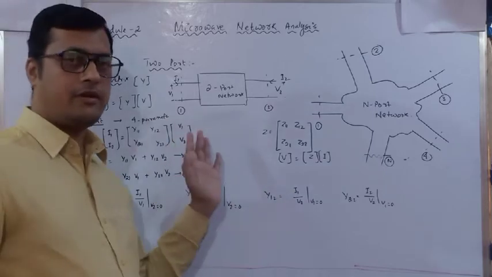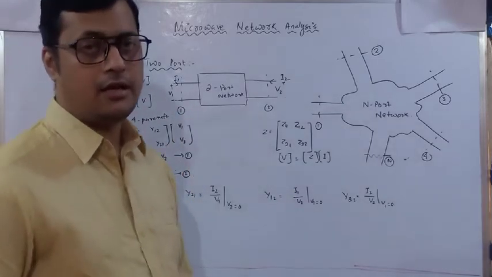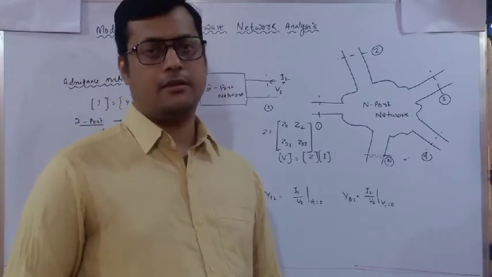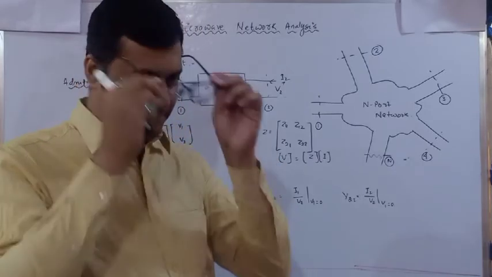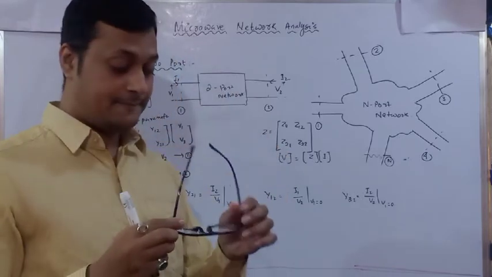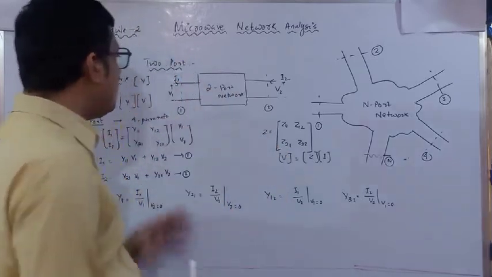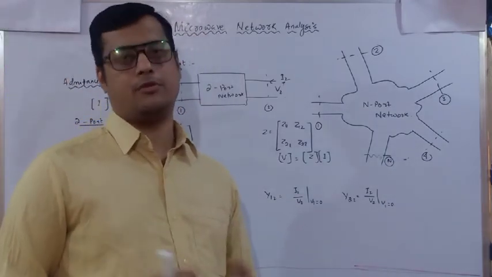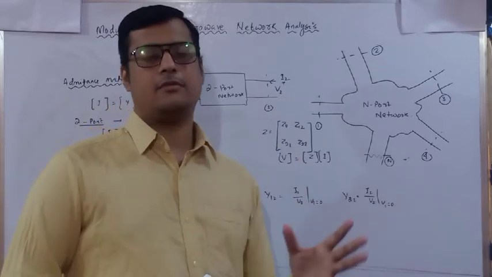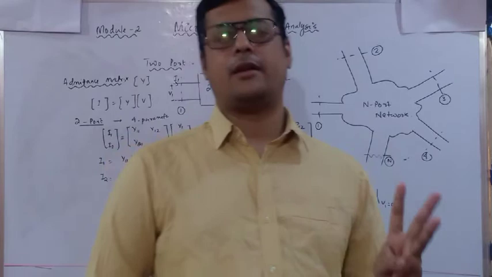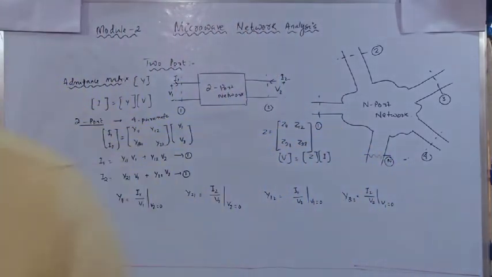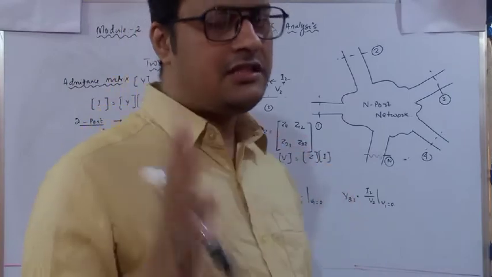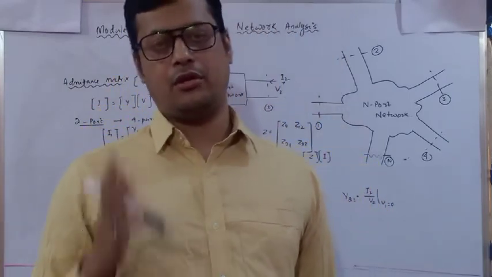and which particular port we are going to open, to identify the impedance value as well as our admittance value. Okay, impedance and admittance. So this is for a 2 port network I have discussed. You can discuss for 3 port also as well as 4 port. But if we are discussing 3 port, remember that we are discussing 9 parameters. And if we are discussing 4 port, that means there will be 16 parameters. If we are discussing 5 port, 25 parameters.